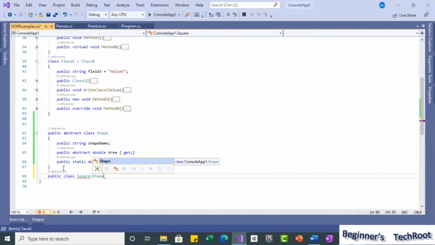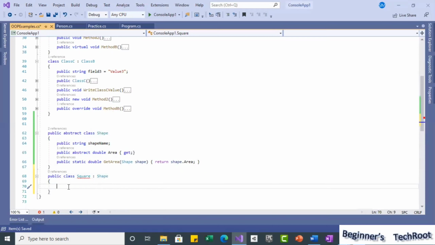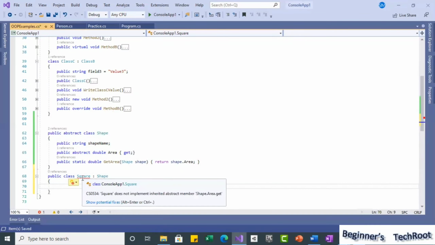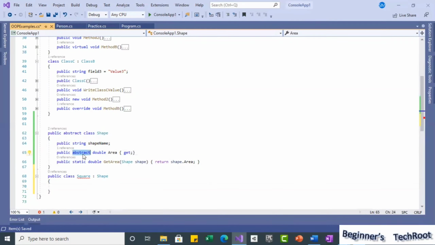Now, if you come here, immediately it shows: Square does not implement inherited abstract member Shape.Area.get. Because, as we learned earlier in inheritance, when an abstract class is used for derived classes, you should give an implementation for the abstract members. So this is the abstract member, and we should give an implementation.